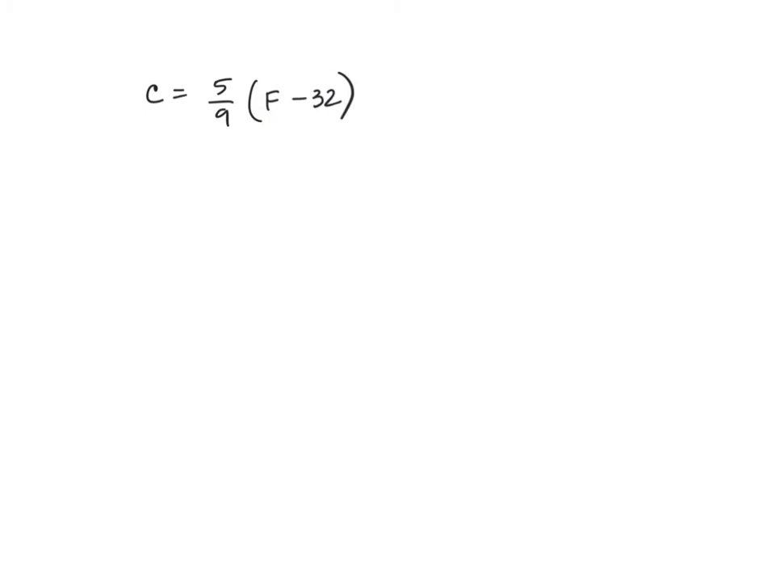So let's rearrange this so that we can find out, if we know the temperature in Celsius, what is the temperature in Fahrenheit. So let's start to undo and chip away at this so that we can get F all by itself. And so I'm going to just start by, let's do what we did the last lesson, and I'm going to clear my fraction. So I'm going to just multiply everything by 9. So now I have 9c equals 5, and